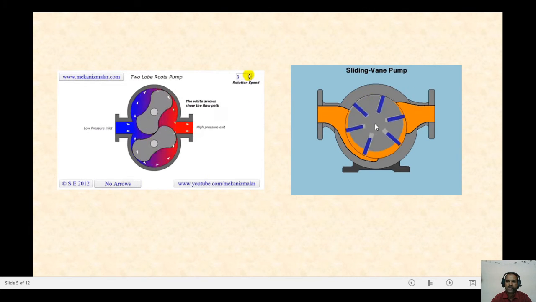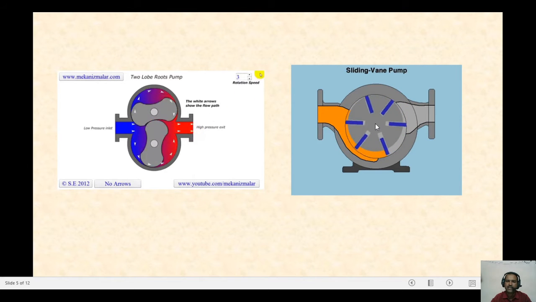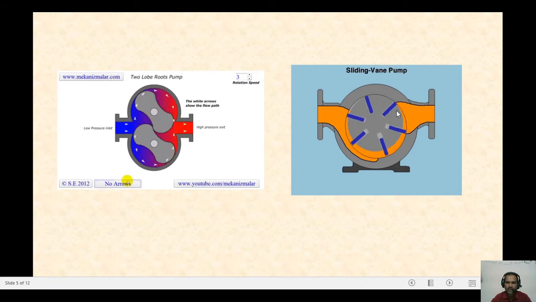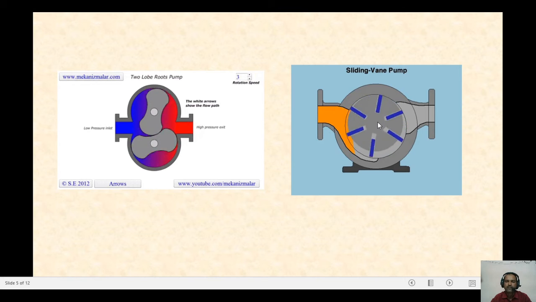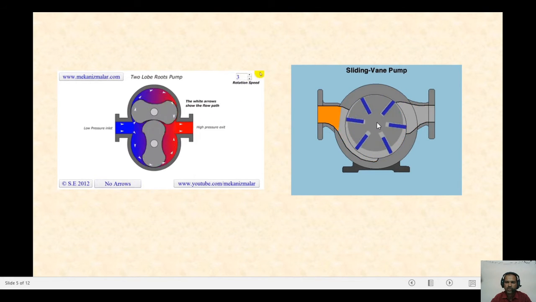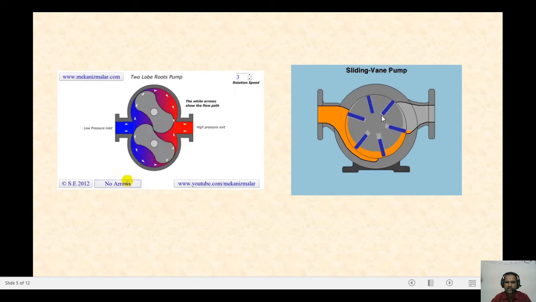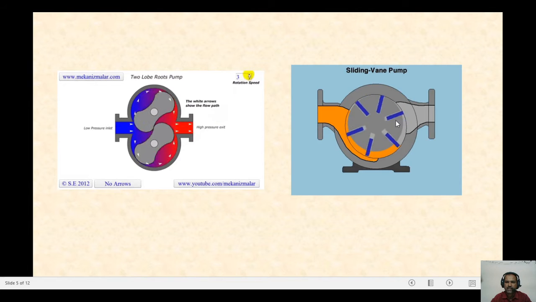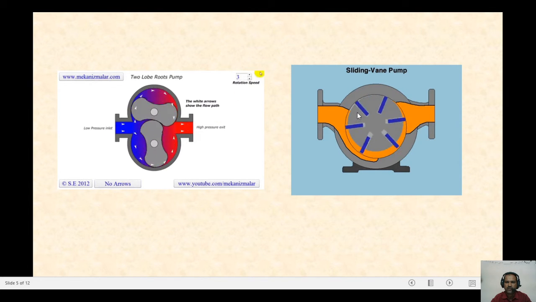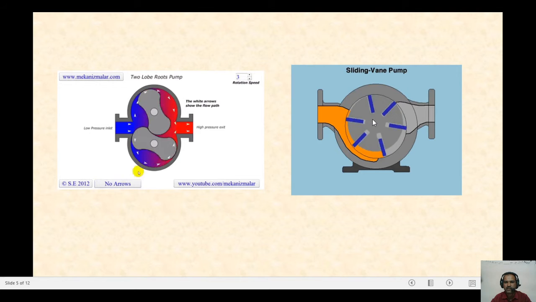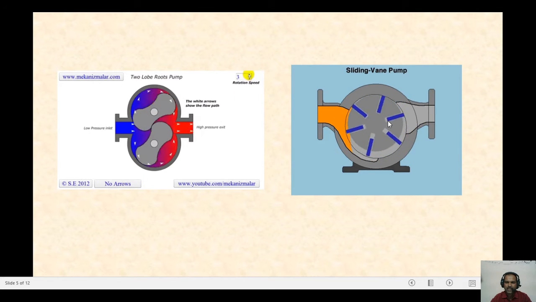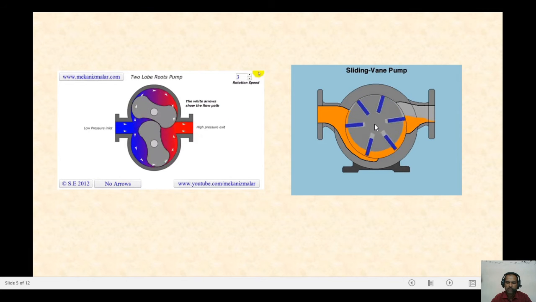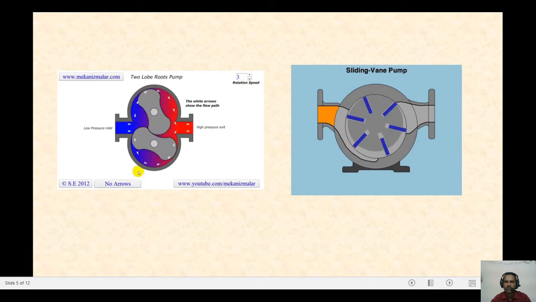And this rotor is placed eccentrically inside the cylindrical housing. And here you can see the rotor is provided with slots, and you can see this is a gap. These slots are connected to the rotor, and the blue color parts you are seeing are the vanes or plates, which are fixed into the slots. The eccentric position of the rotor allows the plates to converge and diverge as they move around it.